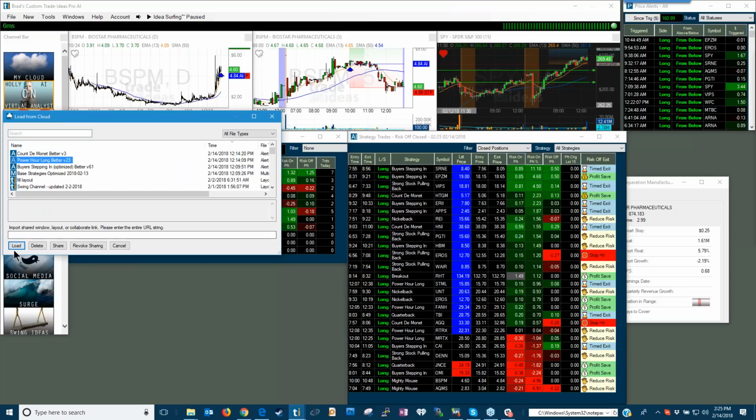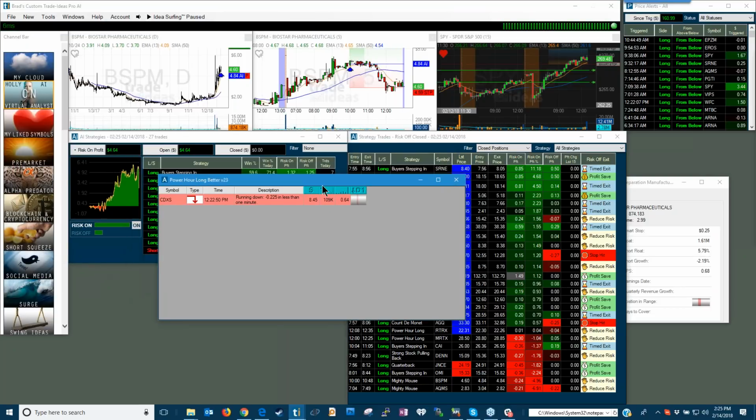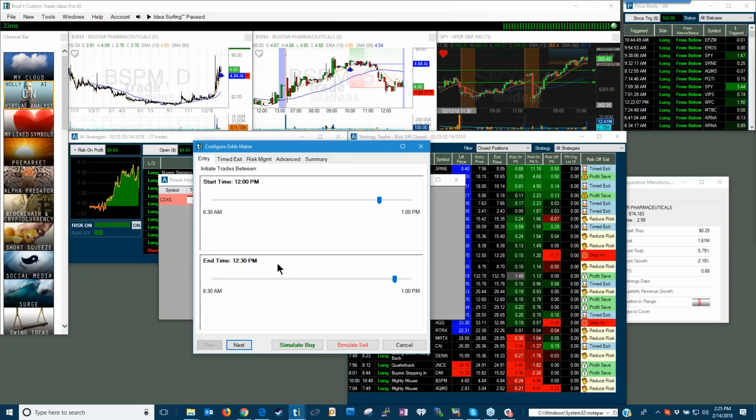Let me load up this Power Hour Long here. I'm going to load it up. This does happen to be one of the AI strategies. I'm not sure if it was a strategy from today, but this is a strategy. On any alert window, you have the ability to backtest it. So I'm going to right click, go to backtest, and this Power Hour strategy, the first area that we have